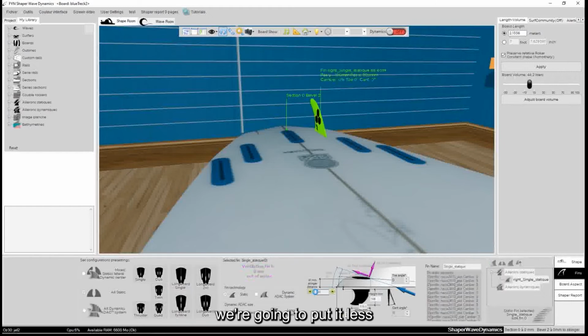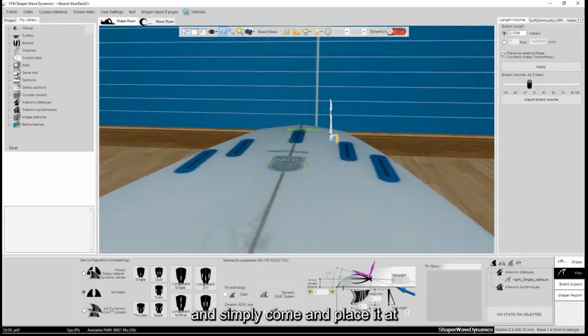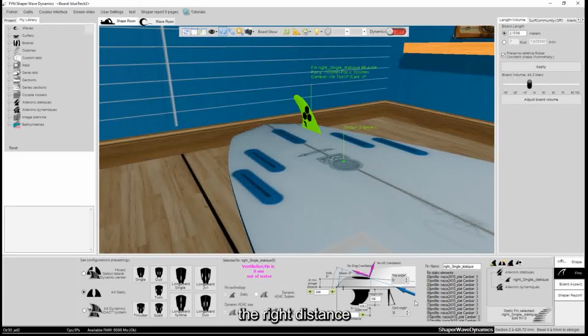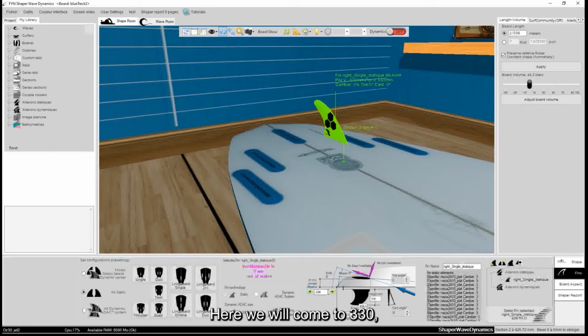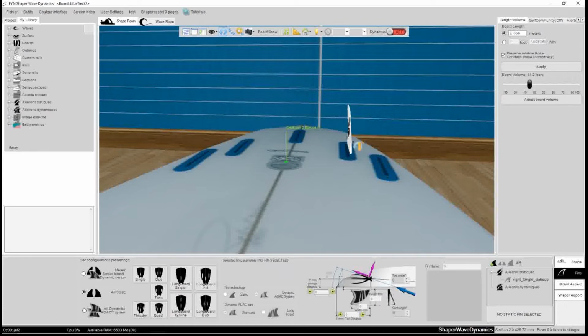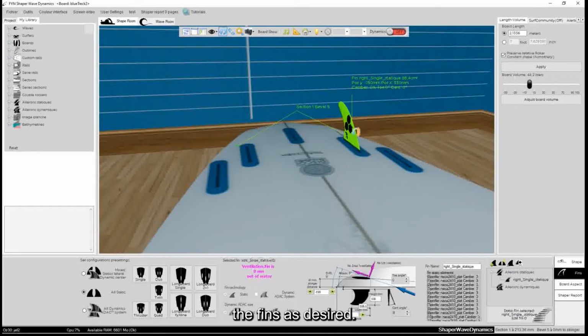We're going to put it less, and simply come and place it at the right distance. Here we will come to 330, 150. And we could therefore adjust the fins as desired.